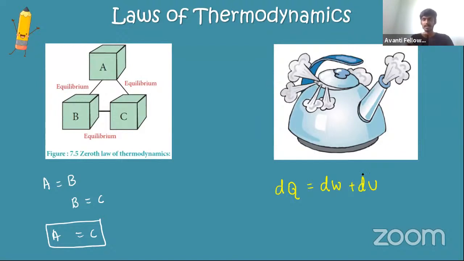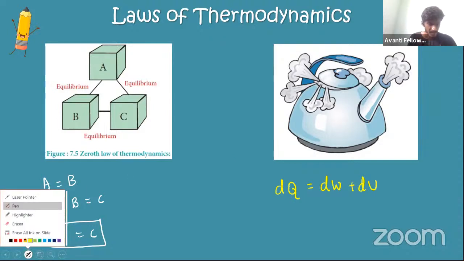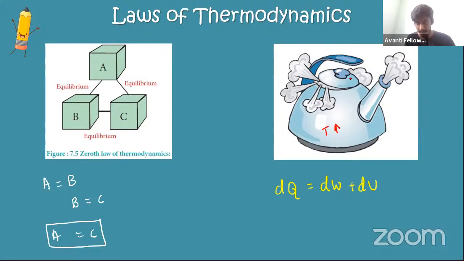Let me give an example. There's a coffee kettle and you're heating it. When you heat the coffee kettle, what will happen? The temperature of the coffee will increase. And sometimes, because of the increase in steam and pressure, the cap might come out. So here it's very simple. Temperature is increasing for the liquid and the cap is coming out, so work done is also happening. Whenever I provide heat, the temperature increases and work is also done. The same thing is written in a numerical way: whatever heat you provide is converted into an increase in temperature or work being done. Simple.